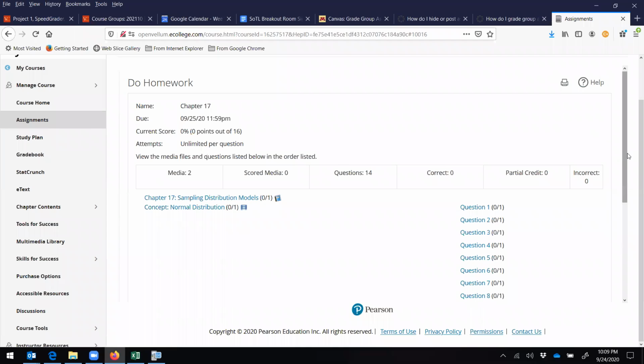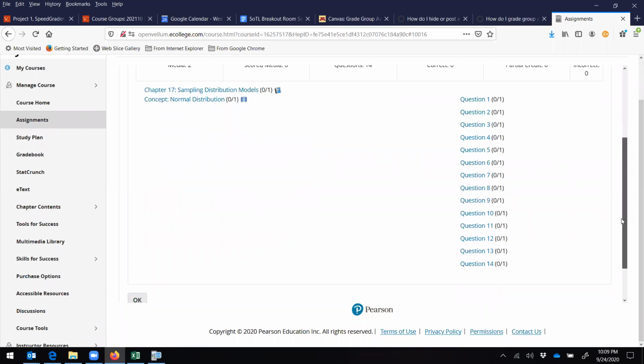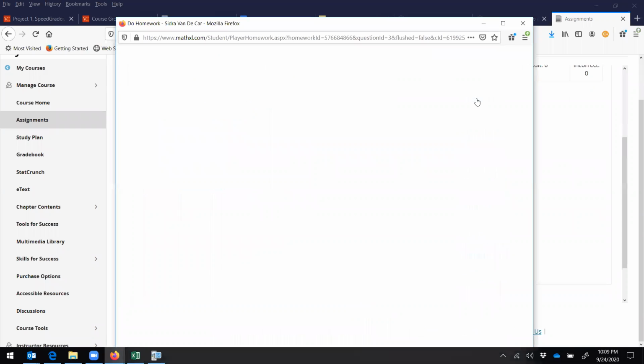Since that's going to require just a little bit more work, and again, I'll remind you to click both of these to get your point for doing those. But then let's go over here to question